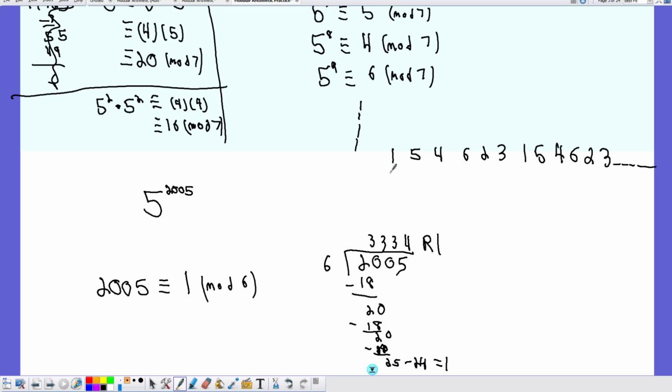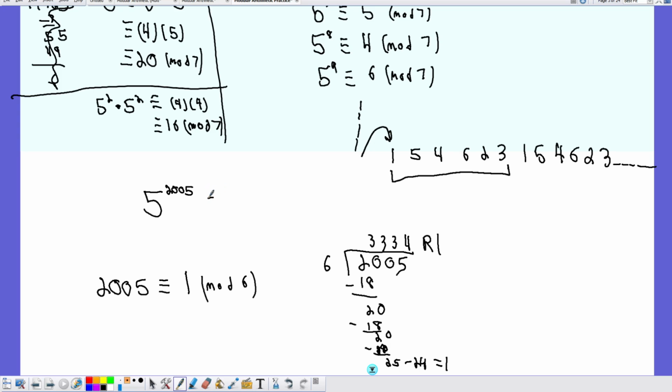So this pattern of 6 values, 1, 5, 4, 6, 2, 3, repeats 3,334 times, and then begins with the first term in the next sequence but stops there. We have 1 leftover term. Now, because that is true, and because these exponents are just generating these same values,